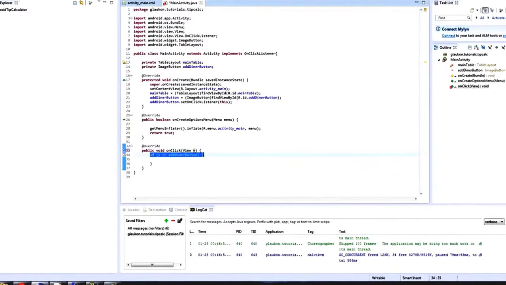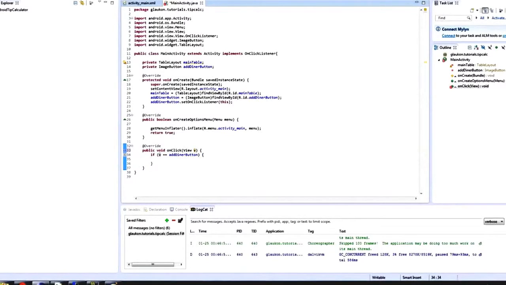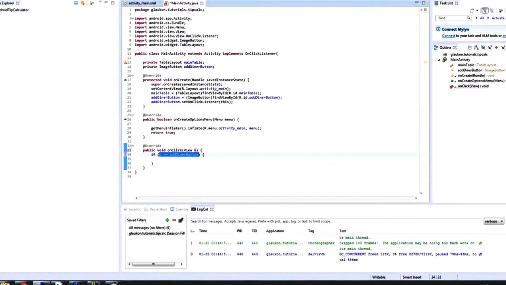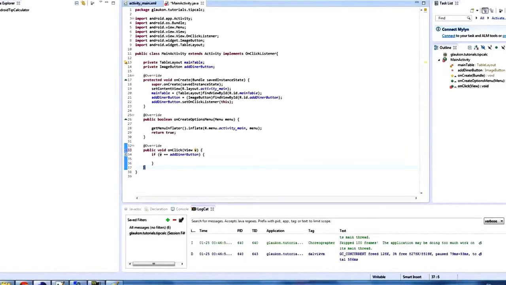Then it runs the code that's in here, and the first line is: if v is equal to add diner button, and then stuff. If is a conditional, which means when the computer gets to this, it determines, is what is inside these round brackets true? If it is true, then run the code that is in these curly brackets. If it is not true, skip this entire if block and go to the next line after that, which is